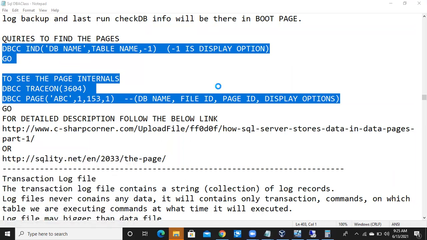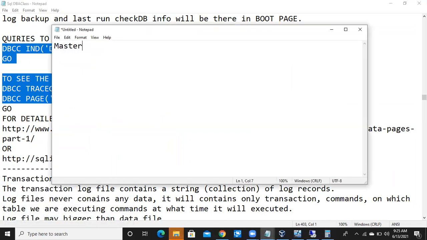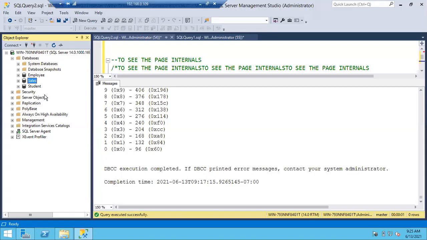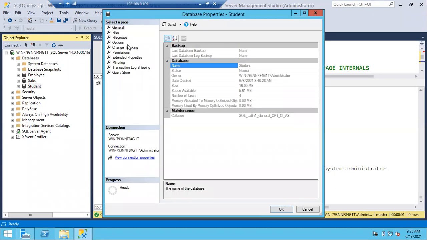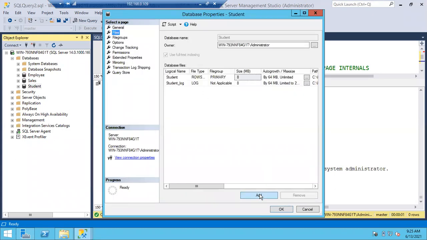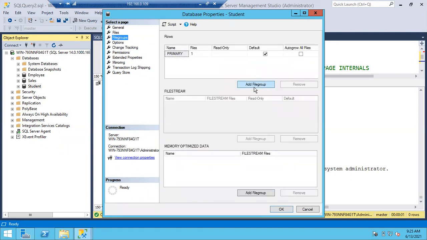we have system databases, right? Master, model, MSDB, TempDB. So you know how to add files to a database. I hope everyone knows how to add files and file groups to the database. Simply go to the database properties. You can go to the files page or file groups page. Simply click on add files, click OK, and it will add the file. Click add file group here, give the file group name, click OK, and it will add the file group.